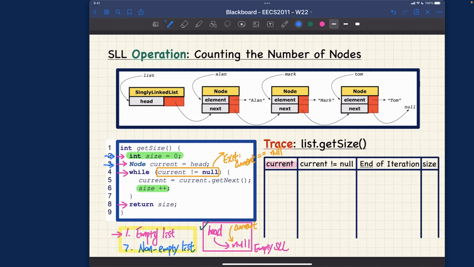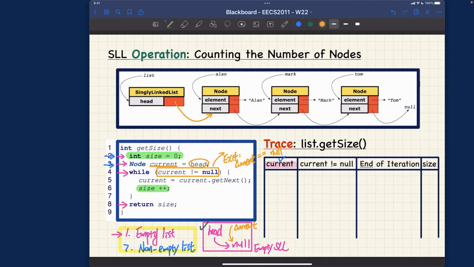For line number 3 here, this will be very important. We'll talk about how we can initialize the current node over here. So current is actually going to be, let me use the orange to always keep track of the current. The current over here is going to be assigned to just the head of the list that we want to count the size of. So you can think about head over here as this. The head is actually pointing